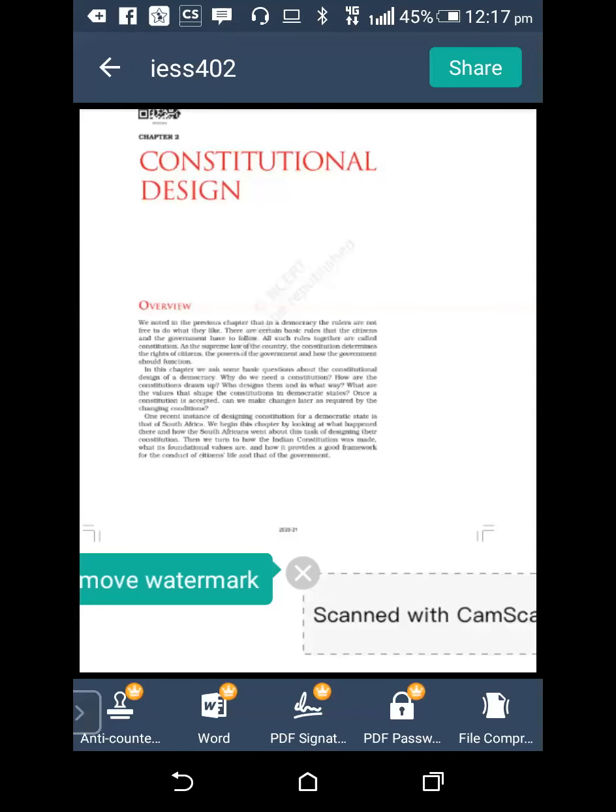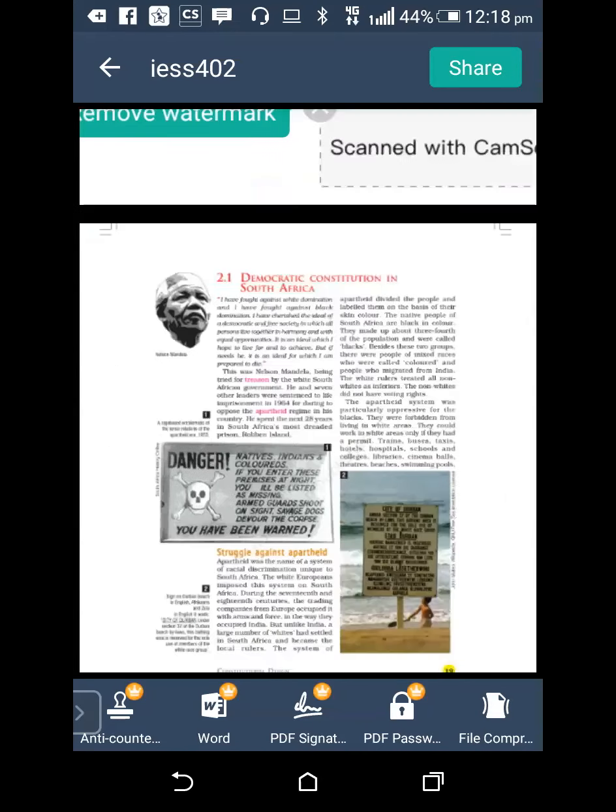Now my next topic is constitutional design. This chapter is very important because, first of all, we can see here the picture of Nelson Mandela. The picture of Nelson Mandela, because the Constitution of South Africa is very important, and the overview is, we note in this chapter,